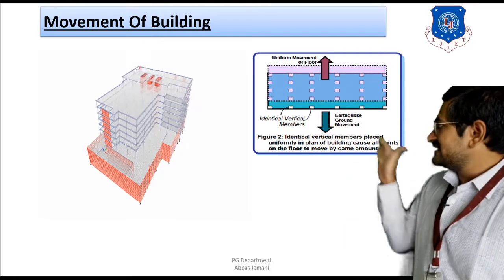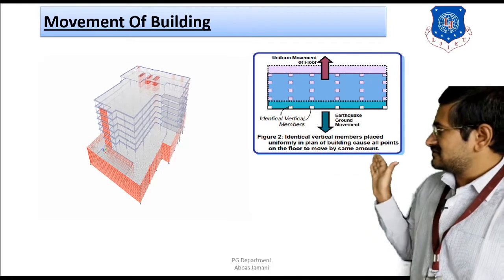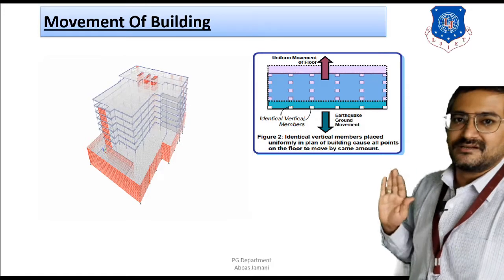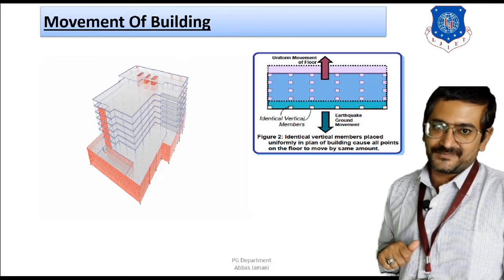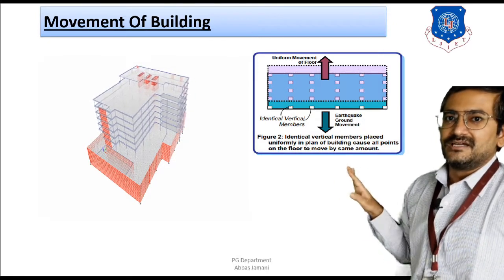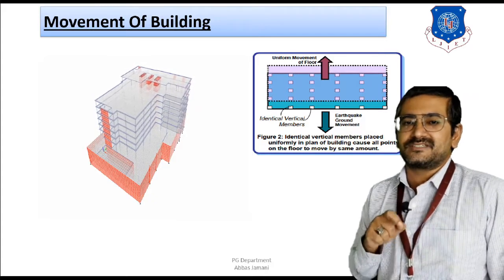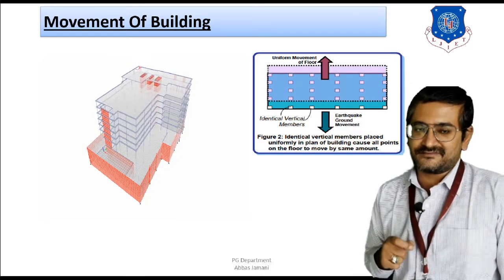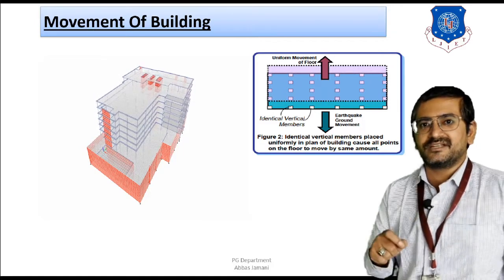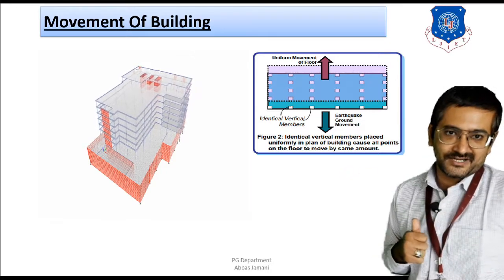Since all the columns are evenly distributed, having the same size, and the mass is also evenly distributed throughout the floor, the entire building is moving simultaneously towards the upper direction. That is, all the corners are connected with each other, and the building is displaced by the same amount. It is showing the behavior you expect in a rigid structure, where all the elements undergo the same kind of deformation in the same direction by the same amount, right? That is actually happening in this particular figure.